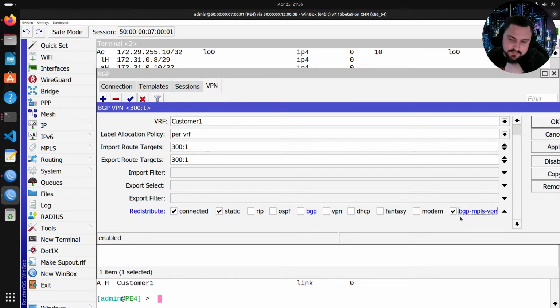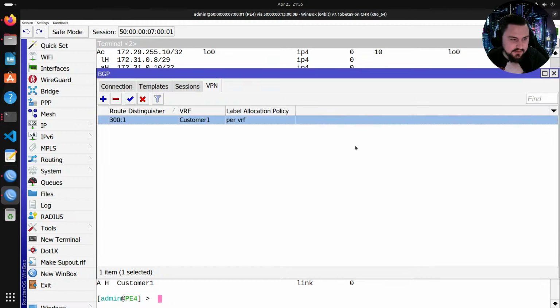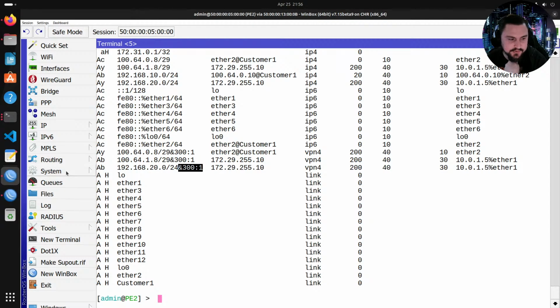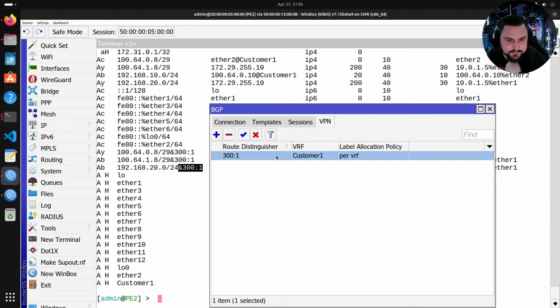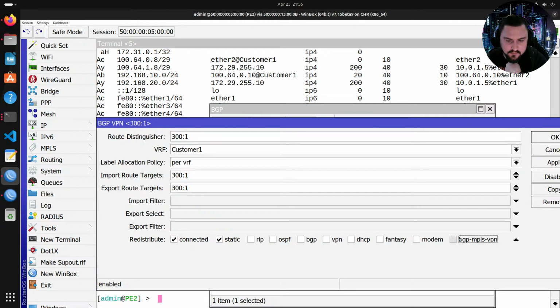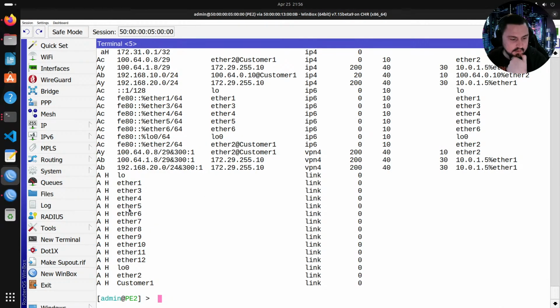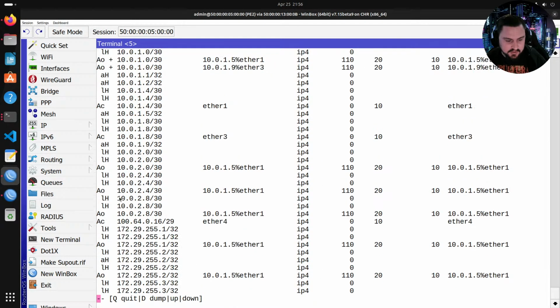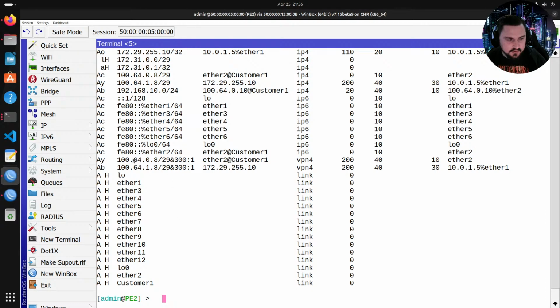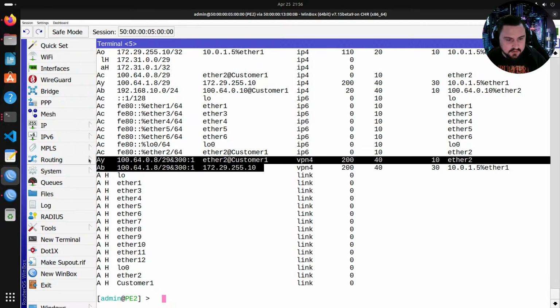Let me try this other option, BGP MPLS VPN. I also actually want to read about it a bit. But I've got a feeling it's not redistributing anything now. Yeah, I'm not learning those customer routes. Goal today is to make all BGP learned routes